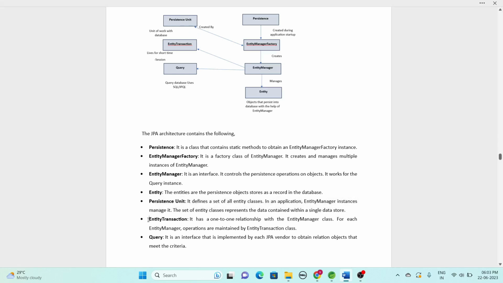Next is entity transaction. It has a one-to-one relationship with the entity manager. For each entity manager, operations are maintained by the entity transaction. So all the transactions are managed by the entity transaction itself. Entity manager transactions are managed by the entity transaction. Next is query. So query is an interface that is implemented by each JPA vendor to obtain relational objects that